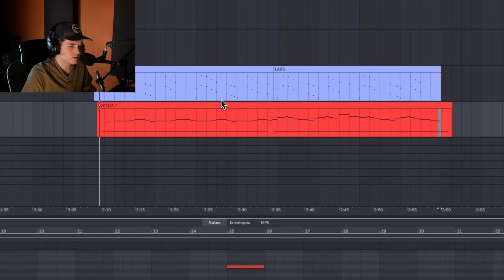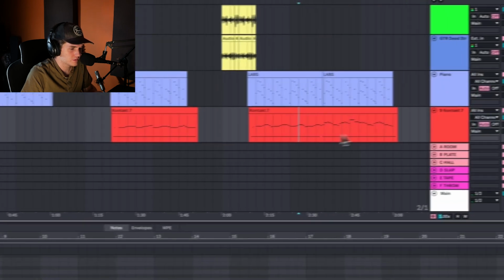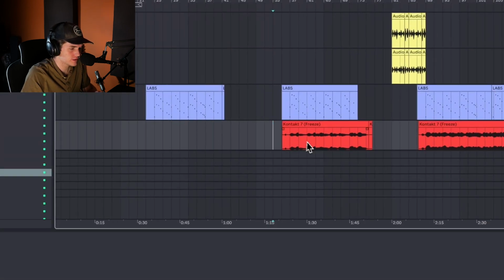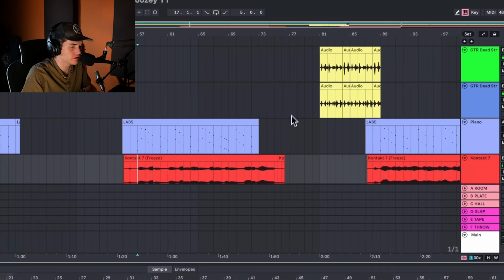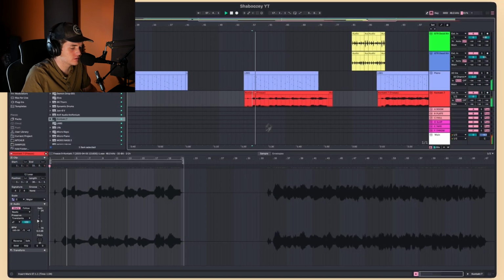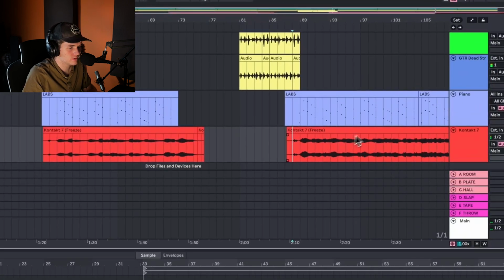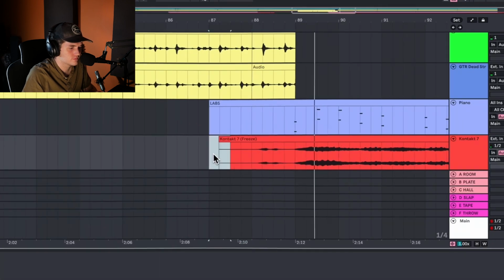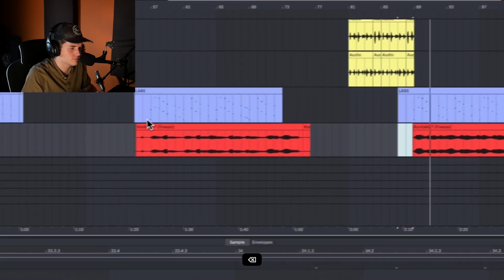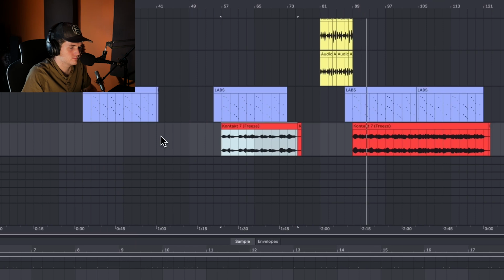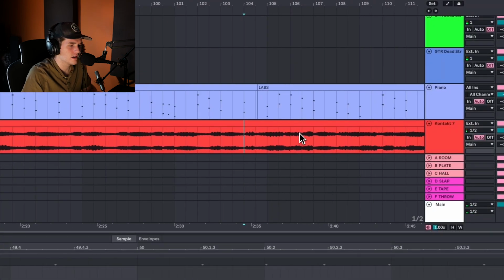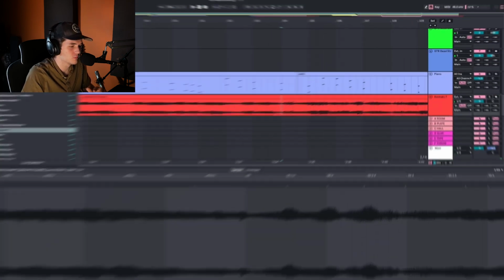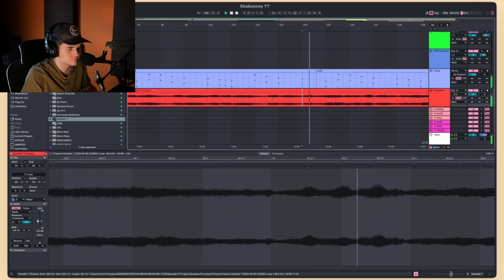Okay, here is our fiddle part. I'm just going to freeze it really quickly so I don't lose it. It doesn't come in the first chorus. It'll come in the second chorus, a little more of a supporting line. Then a little more supporting in the last chorus, the first half of the last chorus. And then on the last half of the final chorus, it goes a little more melodic, kind of following our piano line.